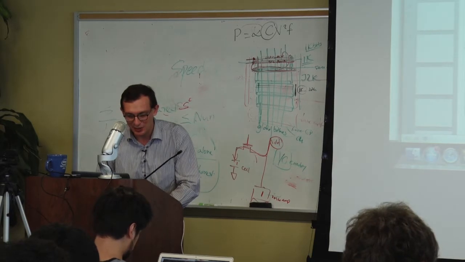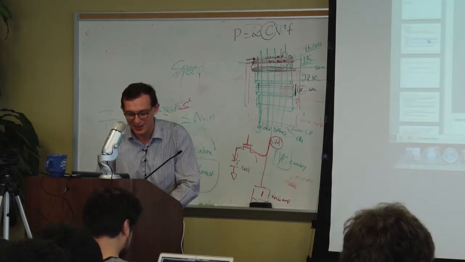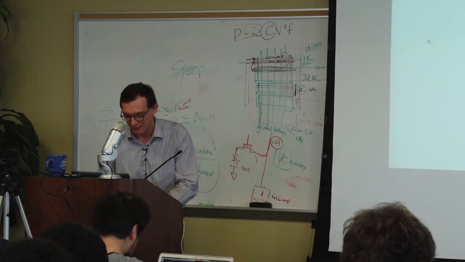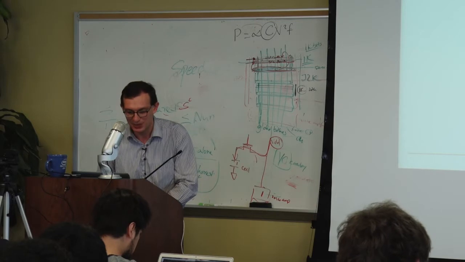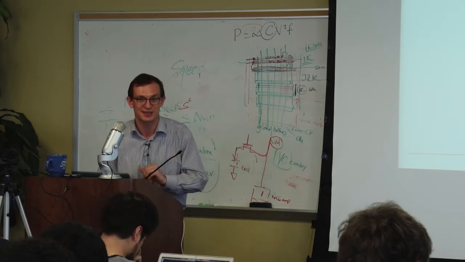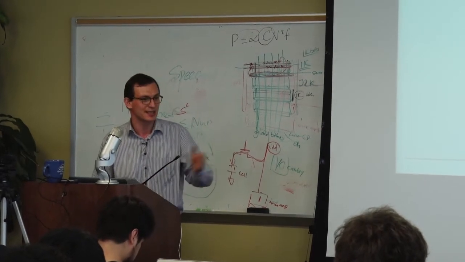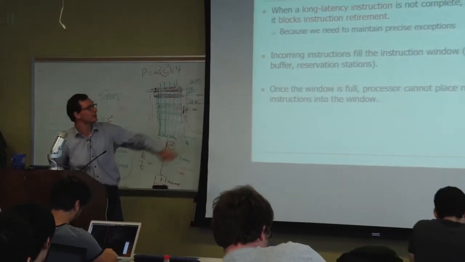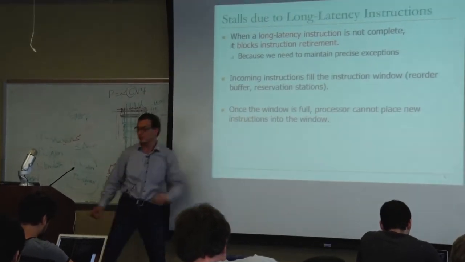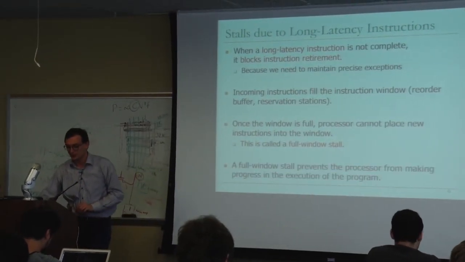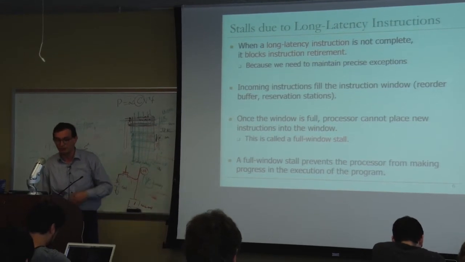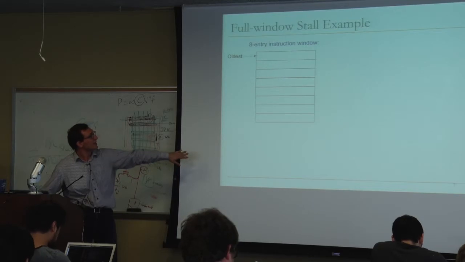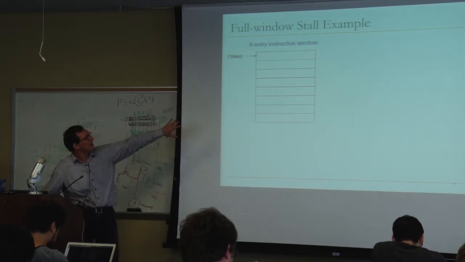Memory latencies are so long that it's hard to tolerate them with a small instruction window, right? And when you have a long latency instruction, it blocks the retirement because you cannot retire that instruction and any other instructions after it, because you need to maintain the von Neumann model. And incoming instructions fill the window. And once the window is full, the processor cannot place new instructions into the window. That's called a full window stall. And once you have a full window stall, it prevents the processor from making progress in the execution of the program. Run-ahead execution is a way of